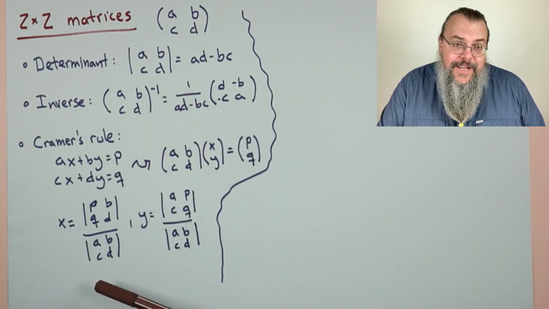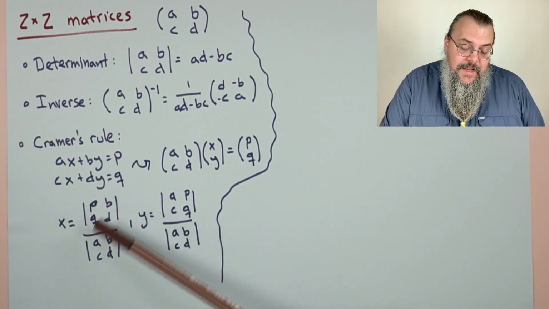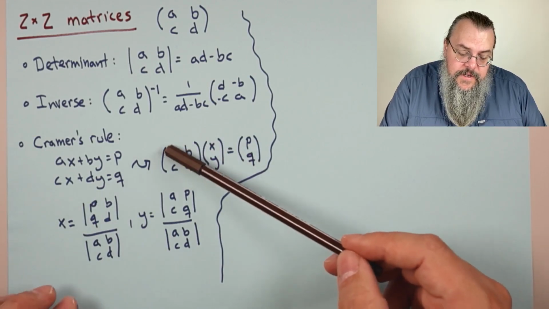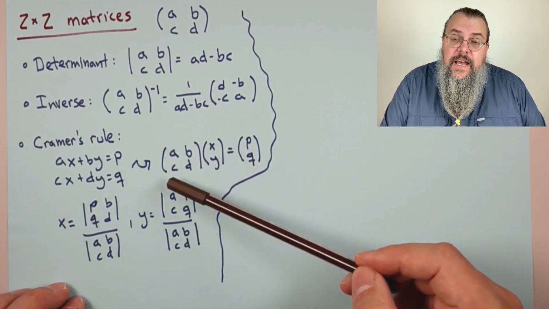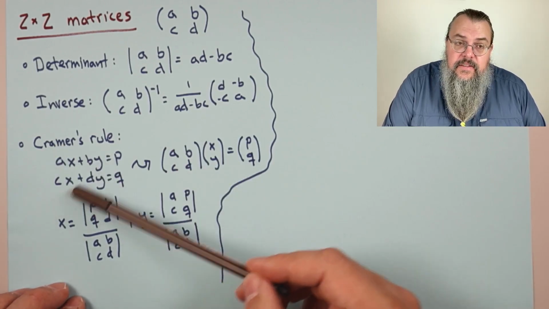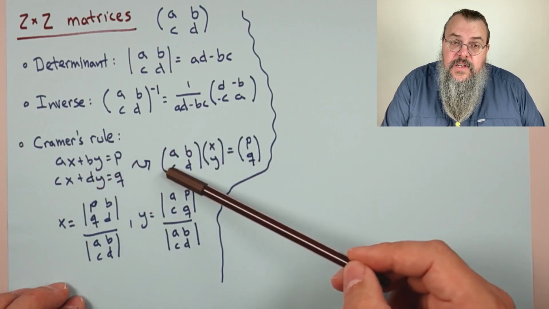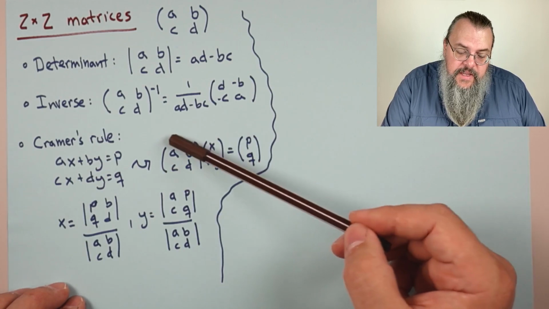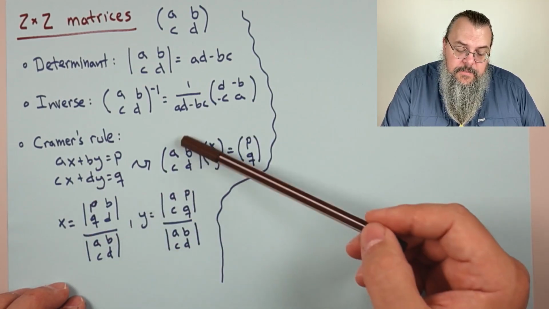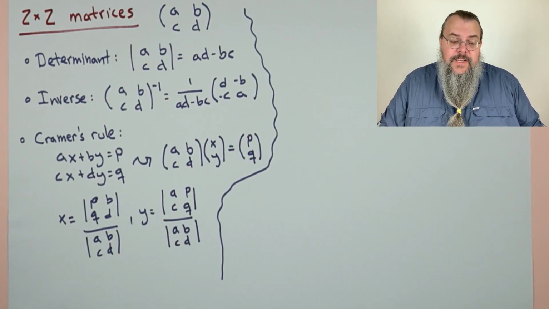Then upstairs, what you have is another determinant, where you think of the first column as the x column and the second column as the y column, because you see that the a, c is attached to the x and the b, d is attached to the y. So these are the coefficients. If I'm solving for x, replace the x column by these numbers, p, q. If I'm solving for y, replace the b, d column by p, q, and take that determinant. All right, so let's do